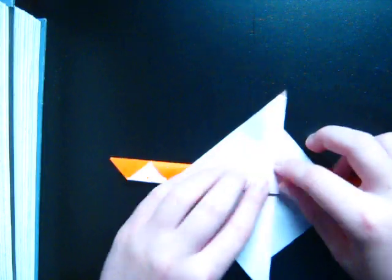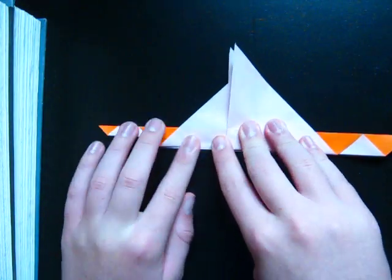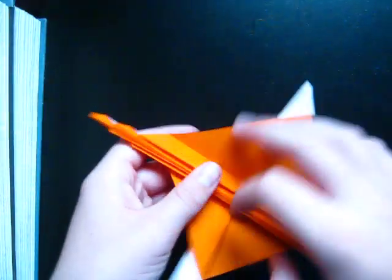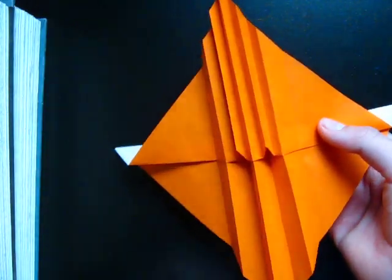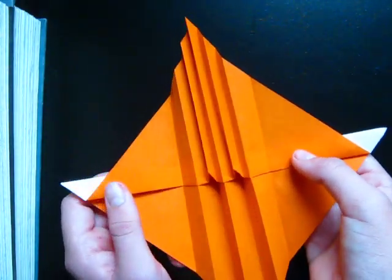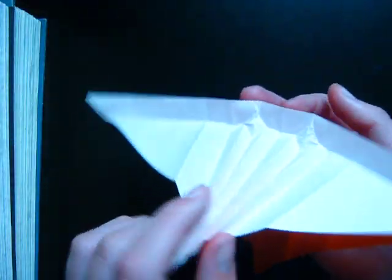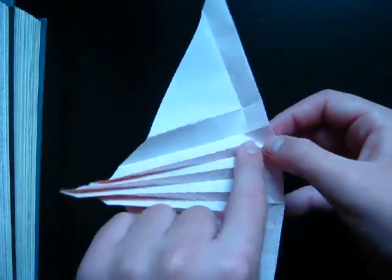Alright, and then fold sides up, like that. So what we've done here is we've divided the tail section into more parts. Now what we have to do is swing this part up, unfold a little bit, and we need to allow this part to swing up. So what we're doing is we're trying to get this part